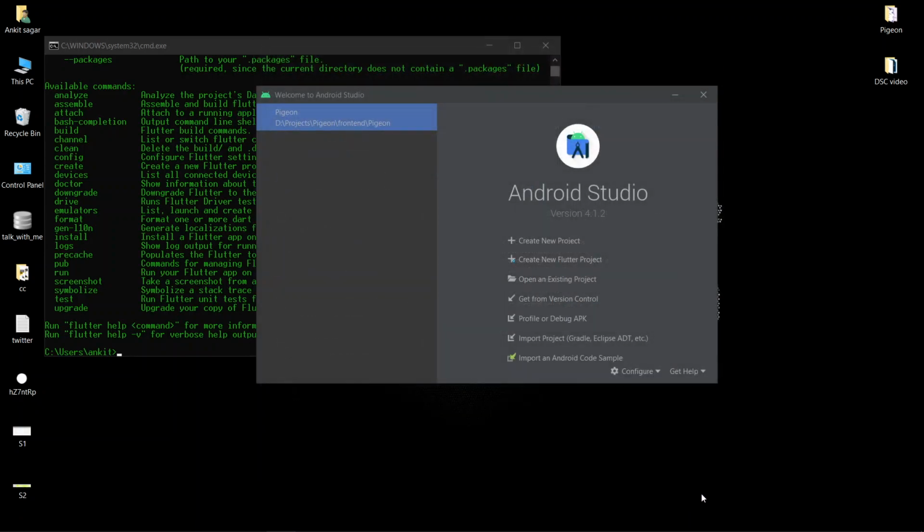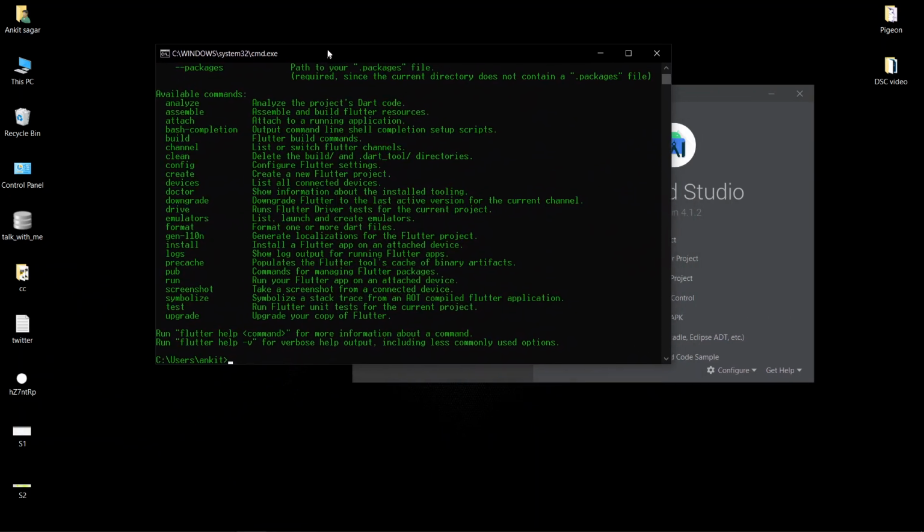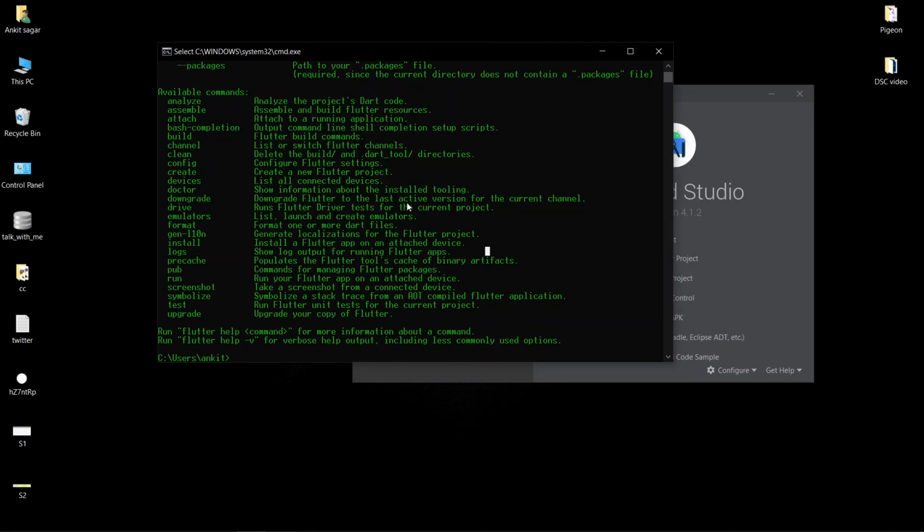Then press OK, and you will most probably be asked to restart Android Studio, and then you will see this create a new Flutter project. Before that, let's look at the Flutter installation. So it's completed. Now what you have to do is type flutter